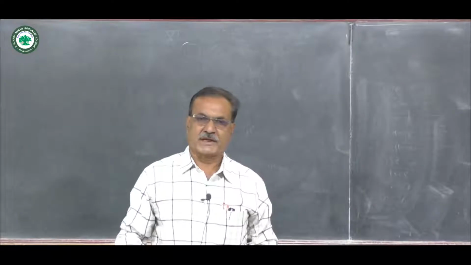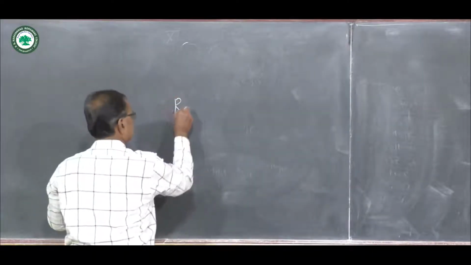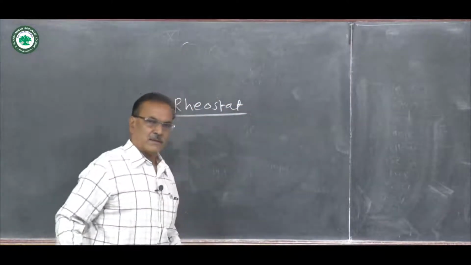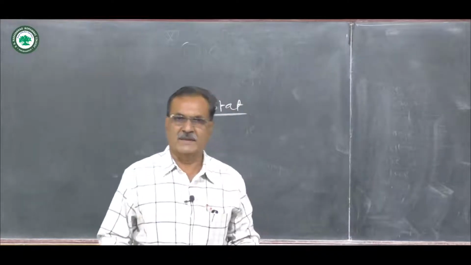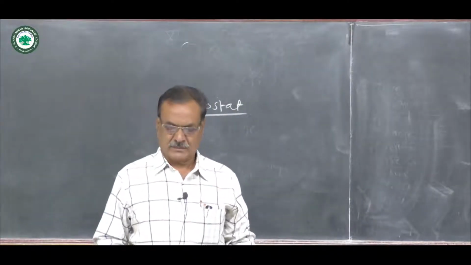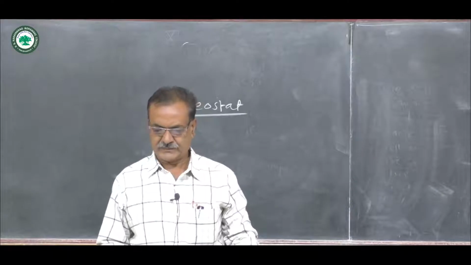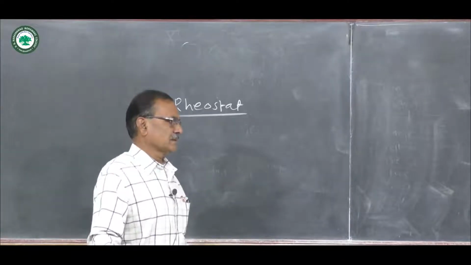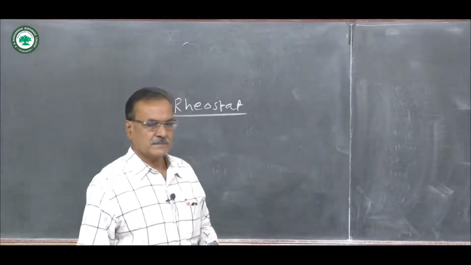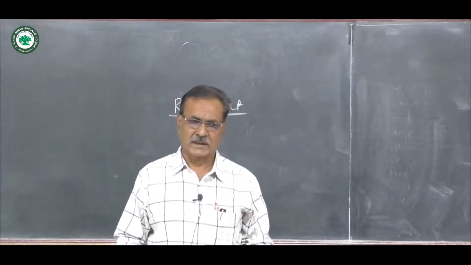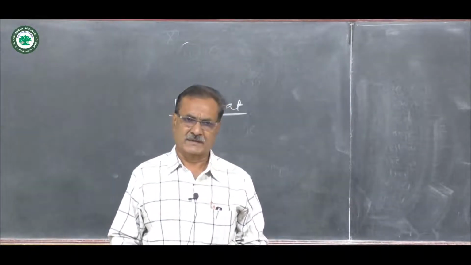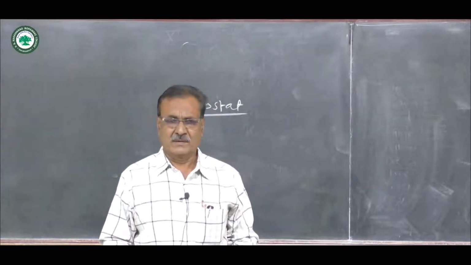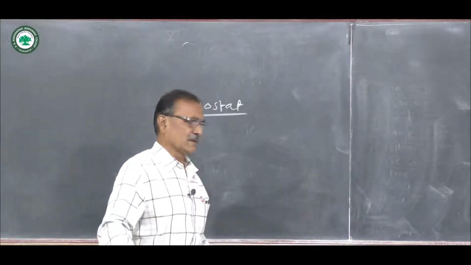The next point, rheostat. The rheostat has other names: variable registers, adjustable registers. So by using this device we can adjust the value of registers. And now by using this rheostat we vary the resistors. By using Ohm's law the current also varies through the circuits.